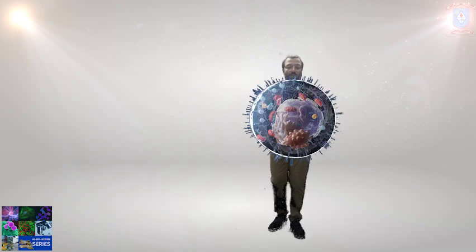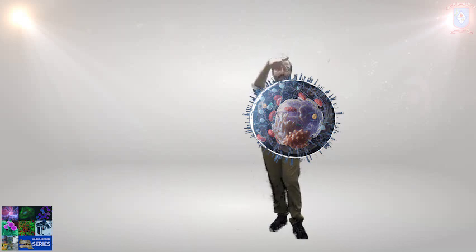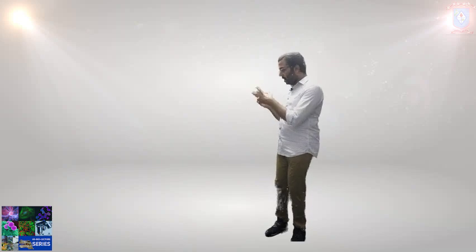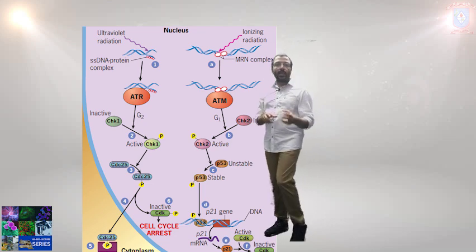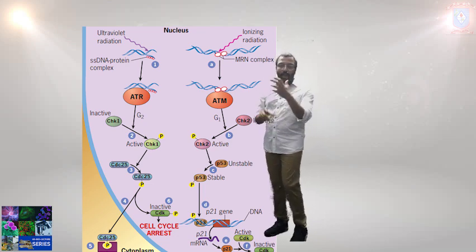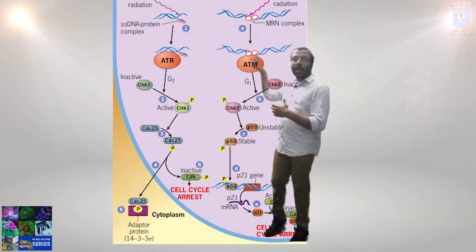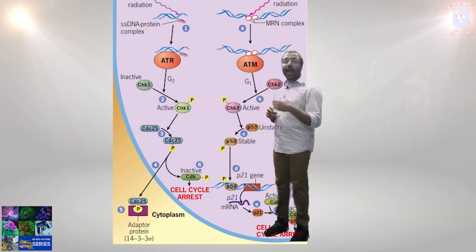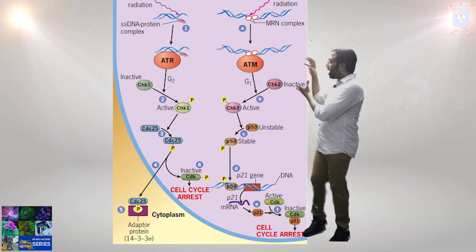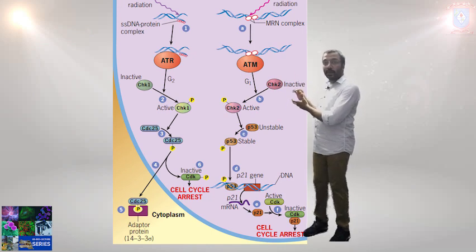Consider a cell in G1 phase that is exposed to ionizing radiation. The radiation exposure results in a double-stranded break of DNA in that cell. Here, a protein complex called MRN senses the double-stranded break, and MRN recruits and activates the ATM protein. Here you can see the ATM protein, and activated ATM phosphorylates and activates another checkpoint protein